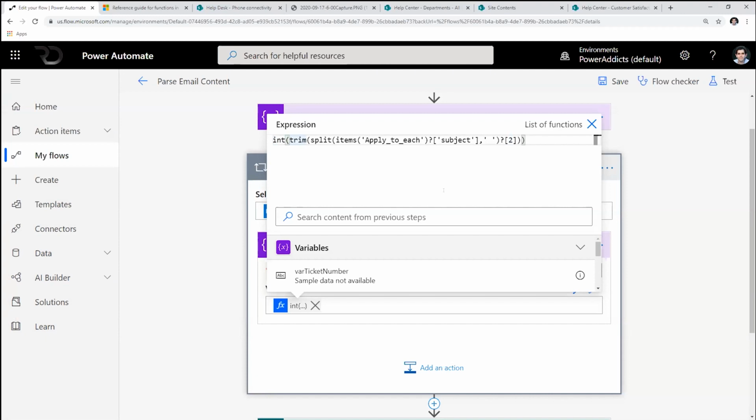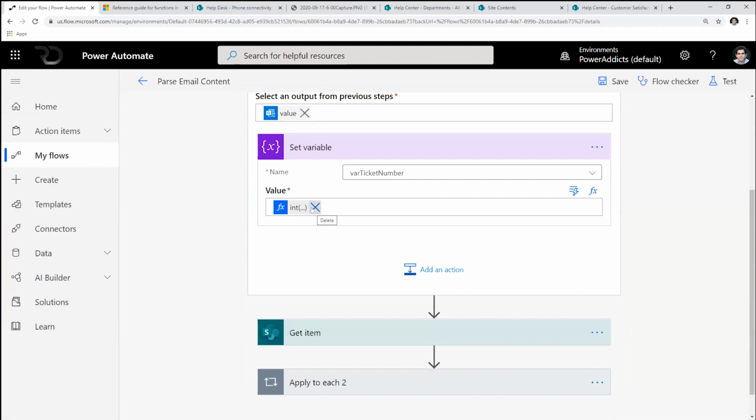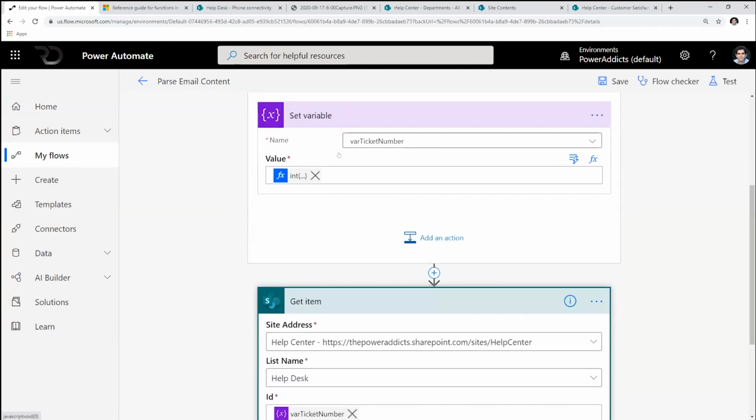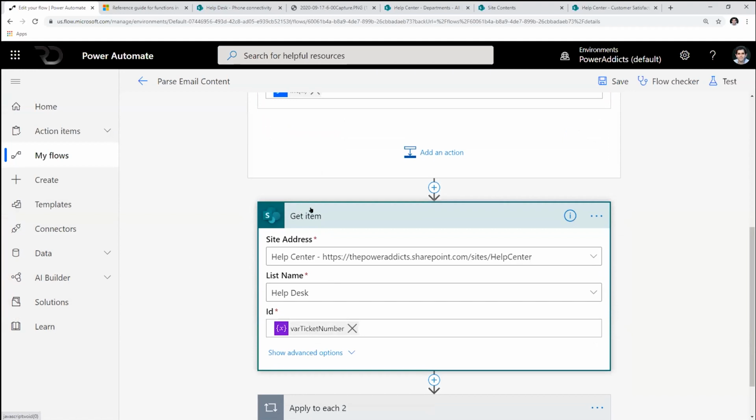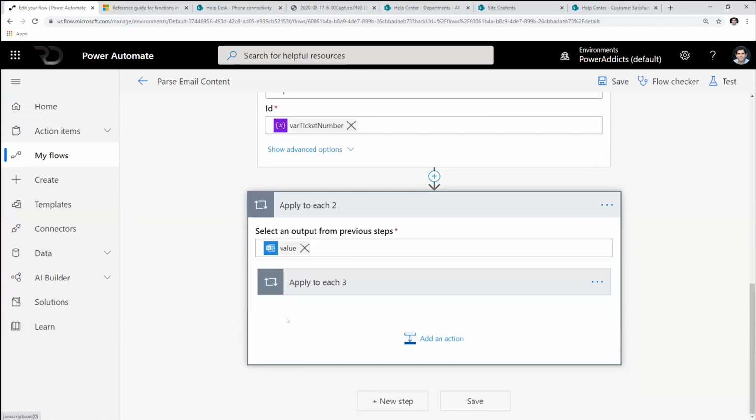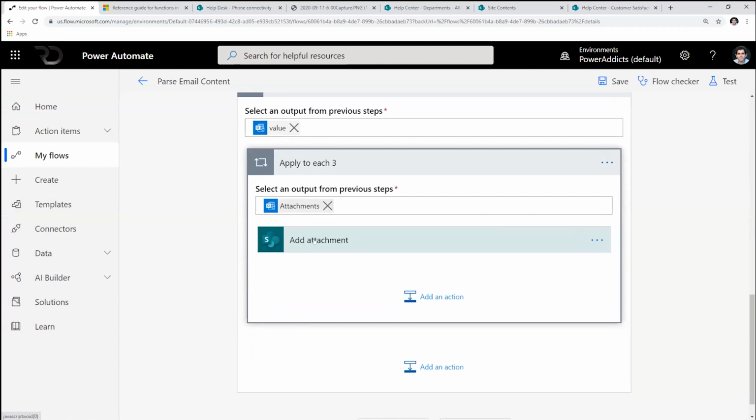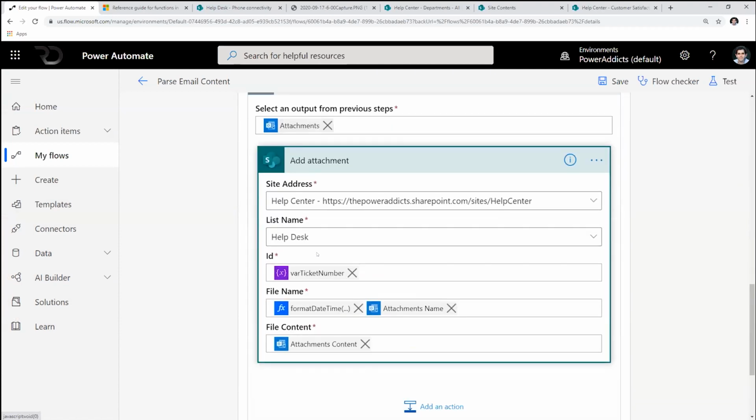So it looks like a lot of work. Yes, it is. But in order for you to parse things, you need to understand how you perform the different actions, right? How do I grab that node? How do I split it based on the different elements that I'm interested in? How do I grab the number of my node? How do I convert a string to an integer? 4 expressions in one. This is a combo type of an expression, a little bit more advanced, but that's what I had to do to grab that ticket number. And once I have that ticket number, everything else after that is literally seamless because I'm storing it in a variable. I'm just going ahead, getting the SharePoint item based on that ID, and then just looping through the attachments that I have as part of my email and starting to upload them one by one to my SharePoint list.